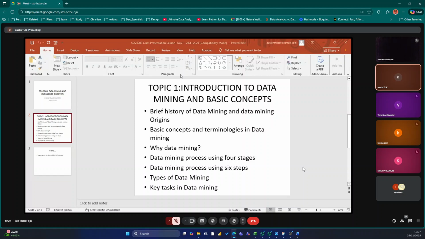OLAP is a kind of software tool applied to analyze business data from different points of view. You get the data, then you use this tool to put data in different views so that you can understand or get the right insight in that data.